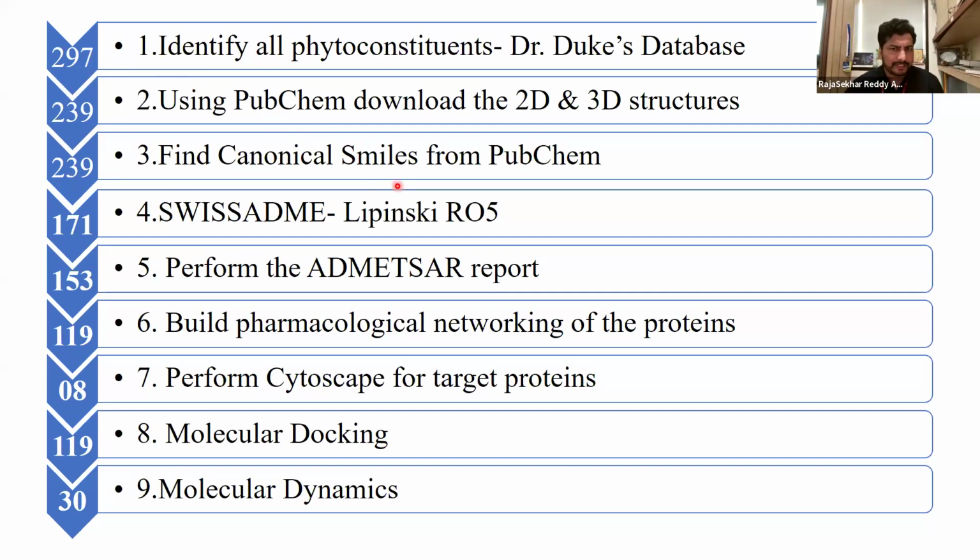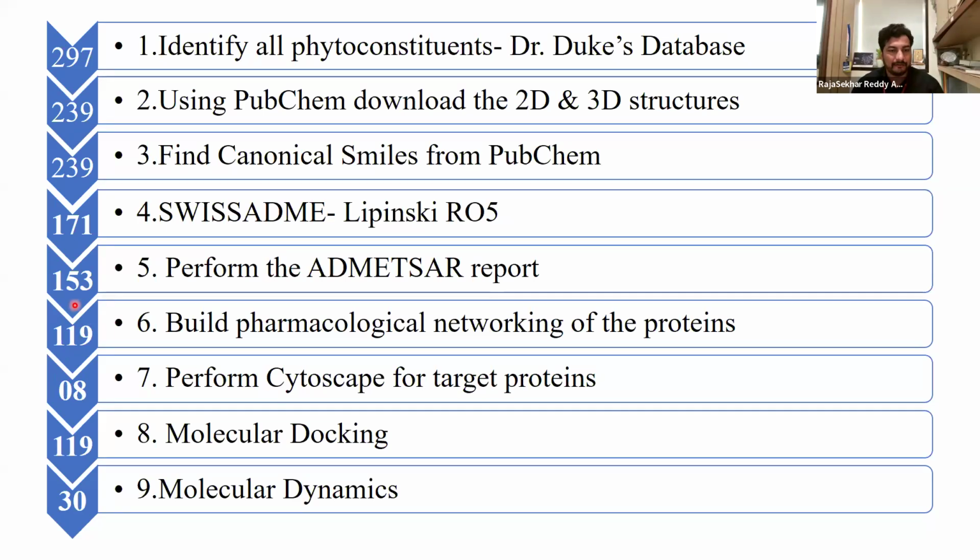Then we got canonical SMILES from PubChem, and we explored Lipinski drug-likeness screening, and we shortlisted only 171 molecules because some molecules are violating some key filtration criteria. We performed toxicity screening also. From there, we got 153 structures, and targets were predicted for only 119 structures because almost